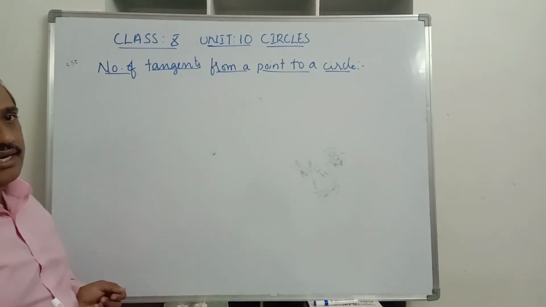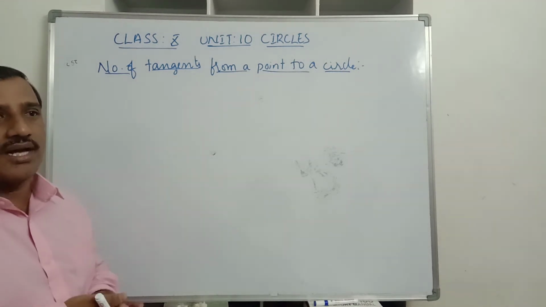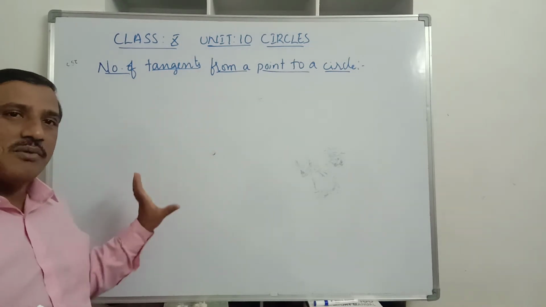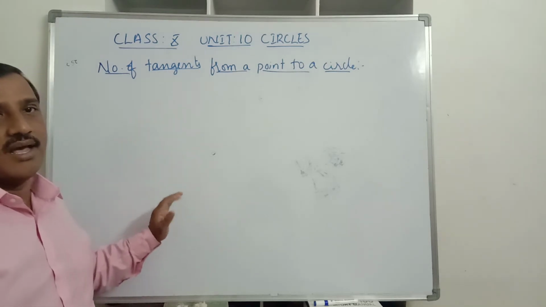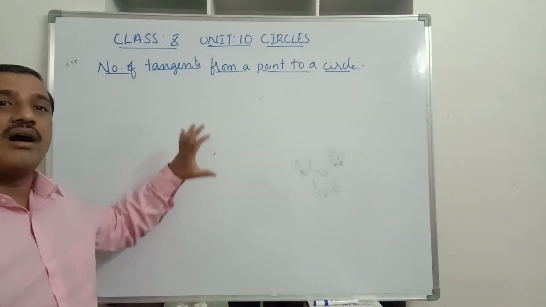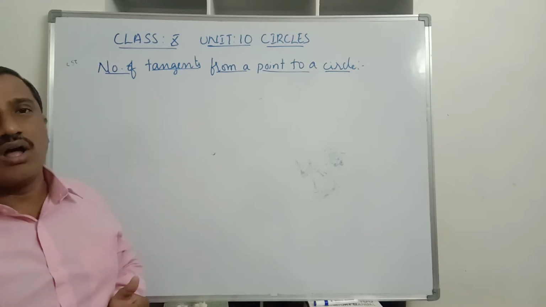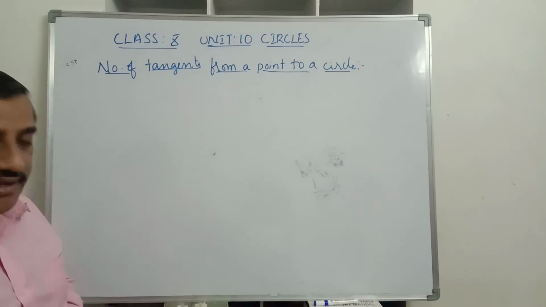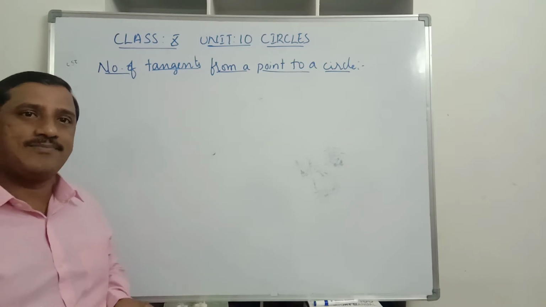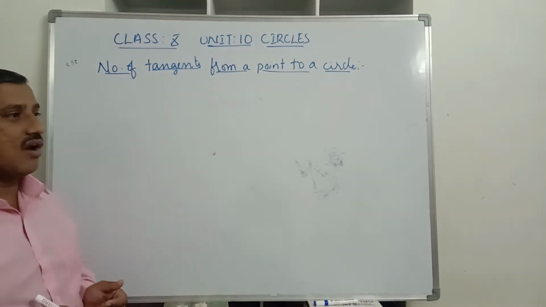You are given a circle and one point. So here the point may be in three cases, as we studied in the lower classes: interior point, exterior point, point on the circle. Interior point means the point is inside the circle. Exterior point means the point is outside the circle. And the third case is a point on the circle. So for these three cases, how many tangents can we draw to a circle if the point is inside the circle, if the point is on the circle, and the last one, if the point is exterior, that is outside the circle? We will discuss now.